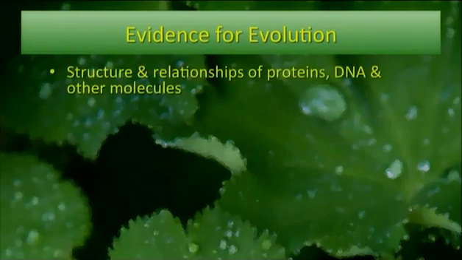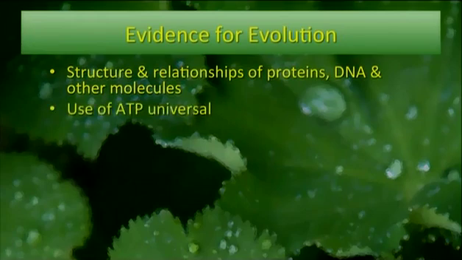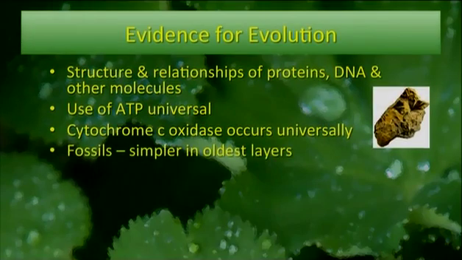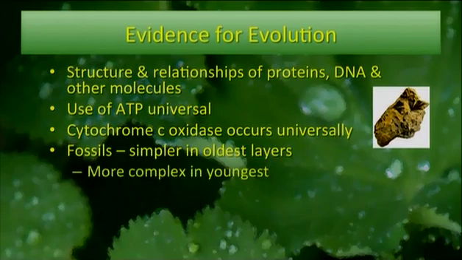The evidence for evolution includes the structure and relationship of proteins, DNA, and other macromolecules. Okay, the fact that the use of ATP as an energy source is universal in all organisms. Okay, cytochrome C oxidase occurs universally. That's an enzyme. Okay, and also fossils. The fossils are simpler in the oldest layers on the planet, and they get more complex in the youngest layers. Okay, so this is some evidence that can be used for evolution, because evolution not only says that some organisms